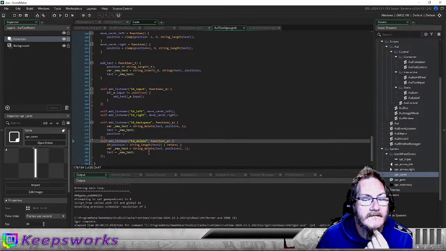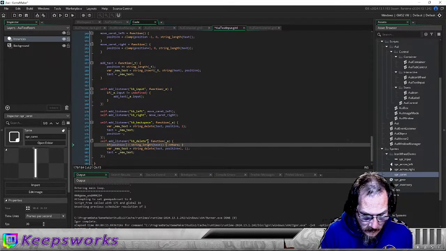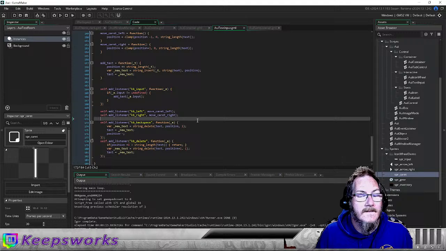So if position plus 1 is greater than the string length,